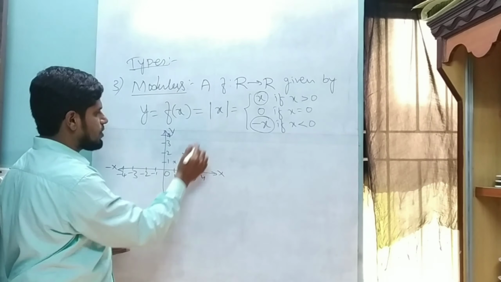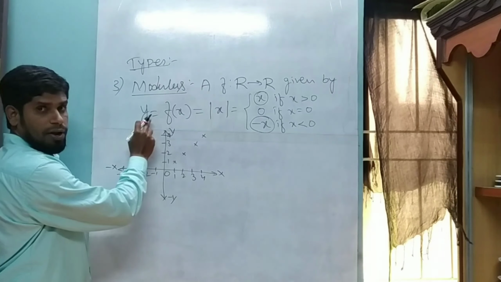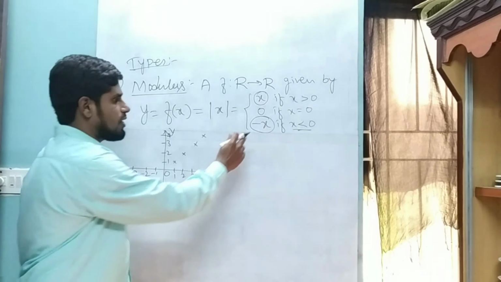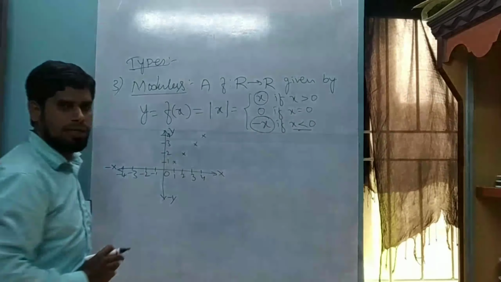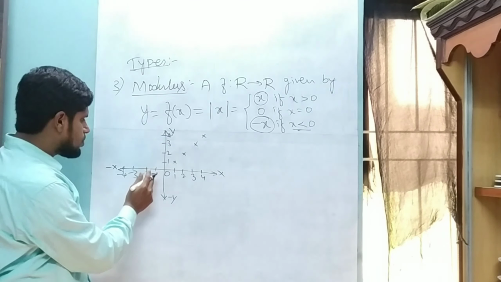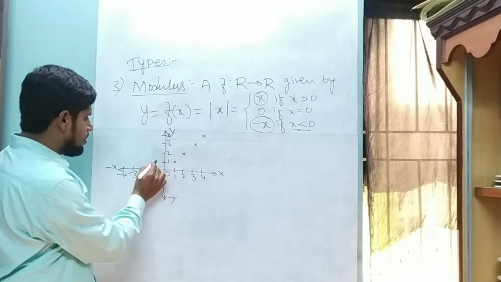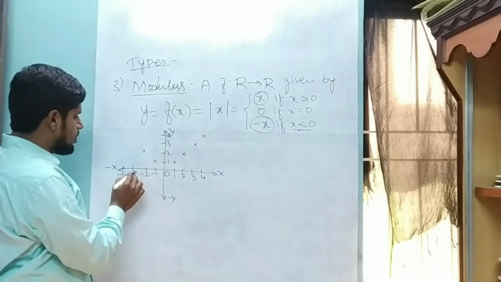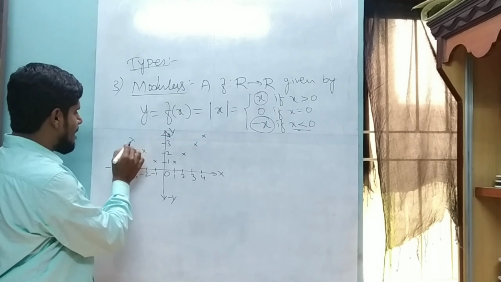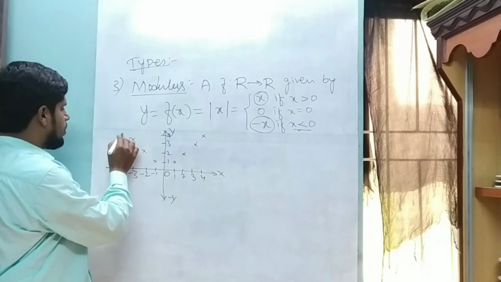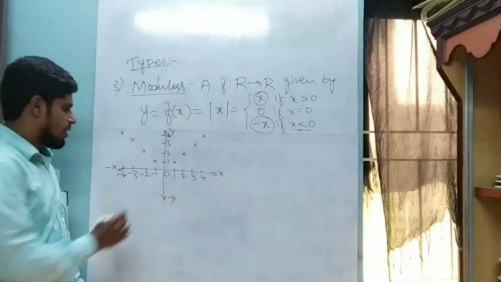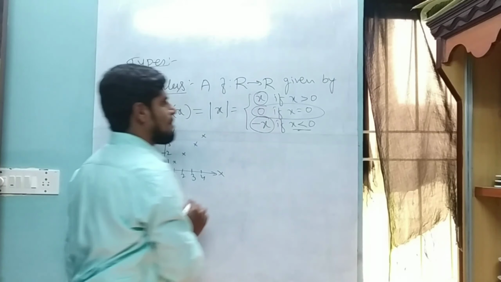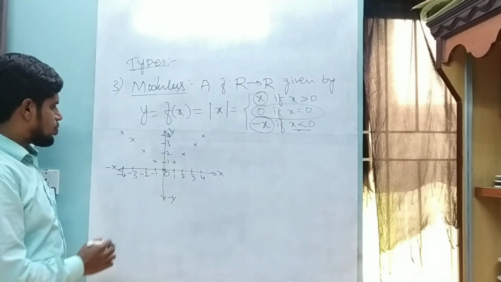Let us take negative values here. If I put x is equal to minus 1, whenever I am giving negative values, in the modulus function the function is minus x. What is the answer here? If I put x is equal to minus 1, it is plus 1. If I put x is equal to minus 2, it is plus 2. If I put minus 3, it is plus 3. If I put minus 4, you get plus 4. If I put 0, what happens? 100% it is 0. You can see here. So if I start joining these points,